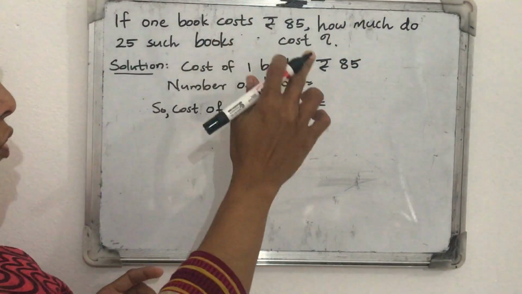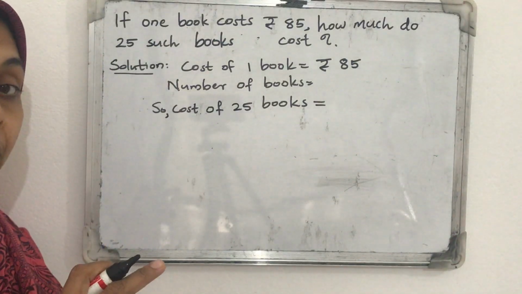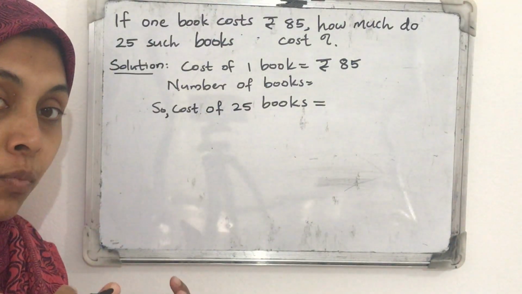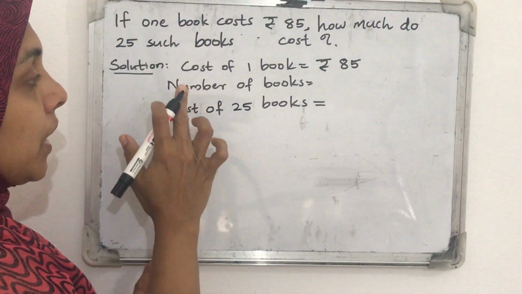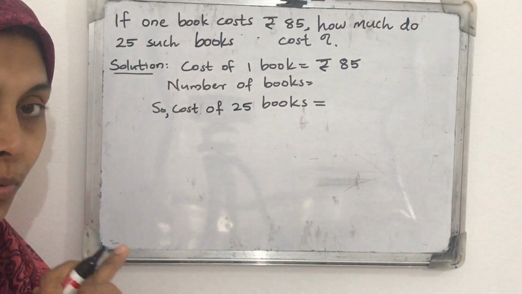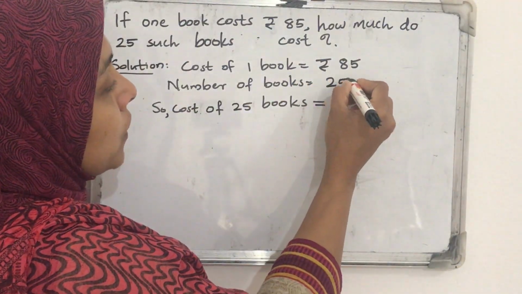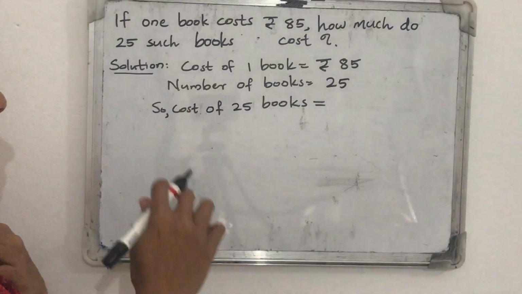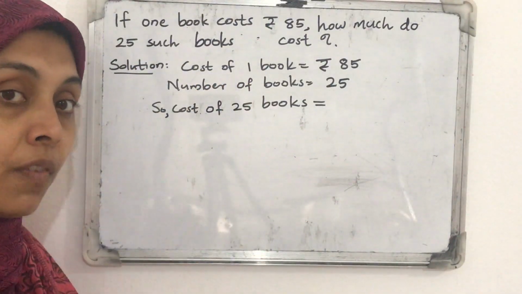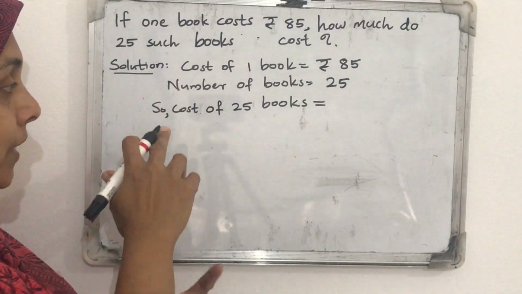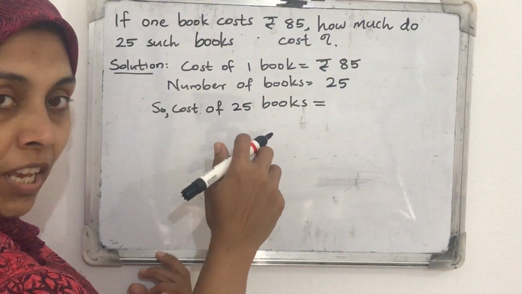Okay. Then how much do 25 such books cost? Then we want to find out the cost of how many books? 25 books. So next in the solution we can write number of books. How many total books here? 25. So number of books equals 25. So what we want to find out? The cost of those 25 books we want to find out. So next step we can write: cost of 25 books equals...